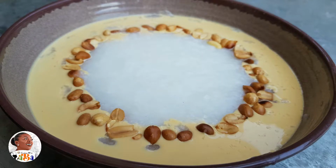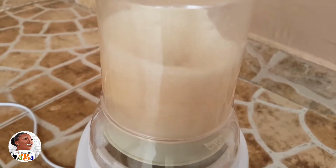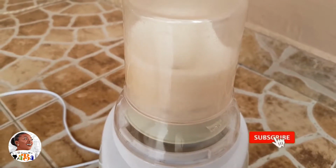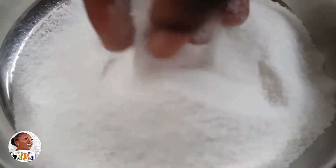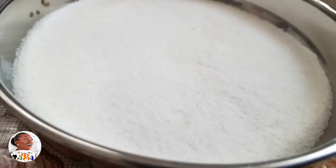style or one form. Another way I did it is by milling my plain rice. So instead of doing the regular, this is another way you could do it, and this is also great, especially for children. Now all the three we did are kid friendly, child friendly, baby friendly. So when you are weaning your baby or when you start feeding your baby, you can give them any of the three. Yes, so this is the milled rice, and your simple blender, your mill in the kitchen,